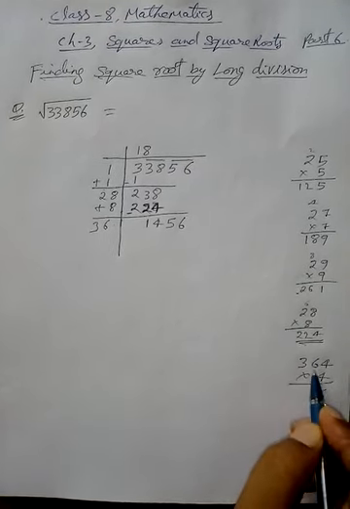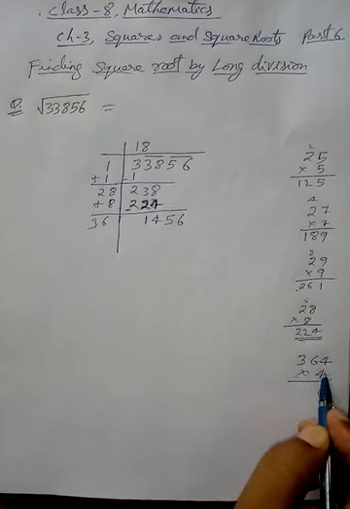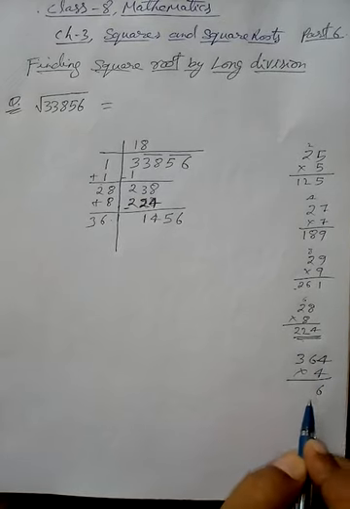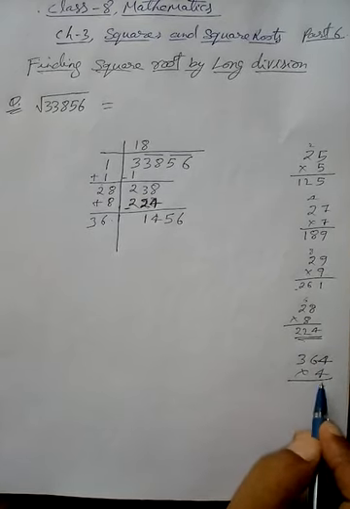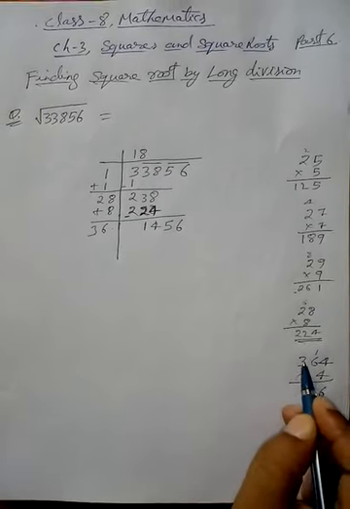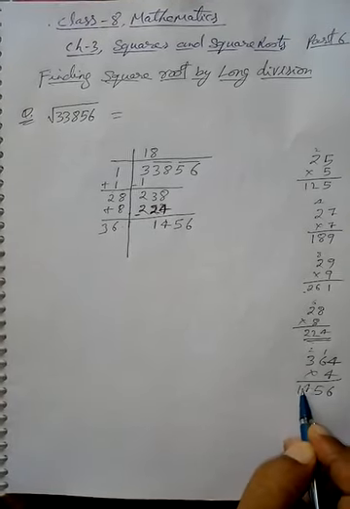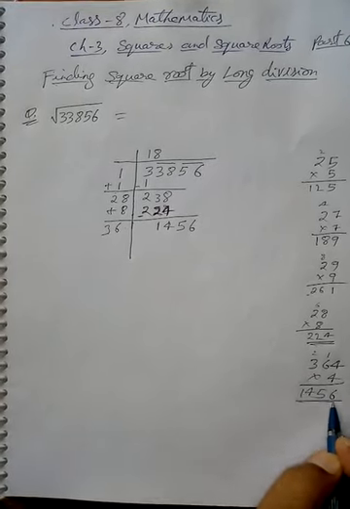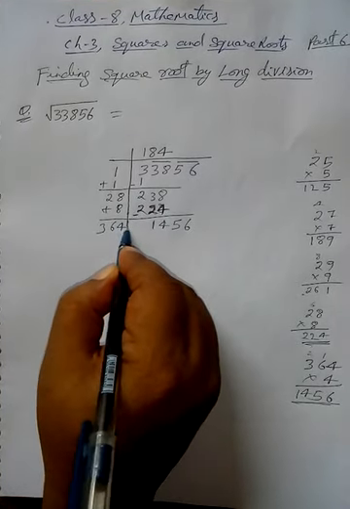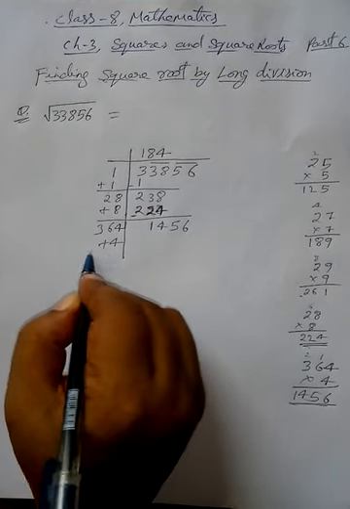Whatever we multiply 36 with, 4, if you multiply 36 with 4, this 4 must come here also, means it must become part of the divisor also. So 4 4s are 16, 4 6s are 24, 25, carry 2, 4 3s are 12 and 2, 14. 1 4 5 6, the exact number we get. So it's 4 times, write 4 here also, and whatever you write here must be added here too.